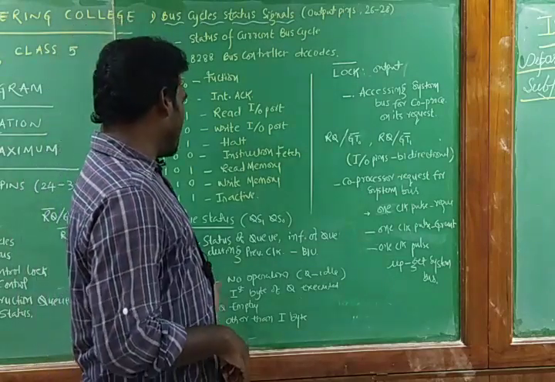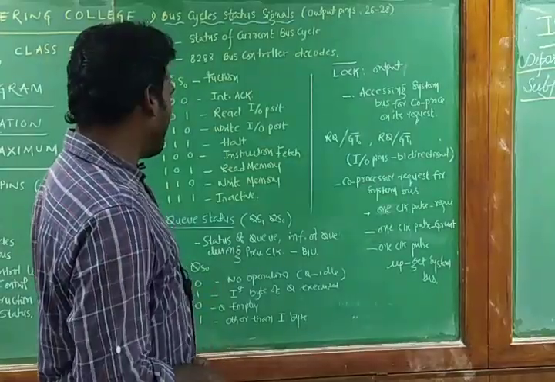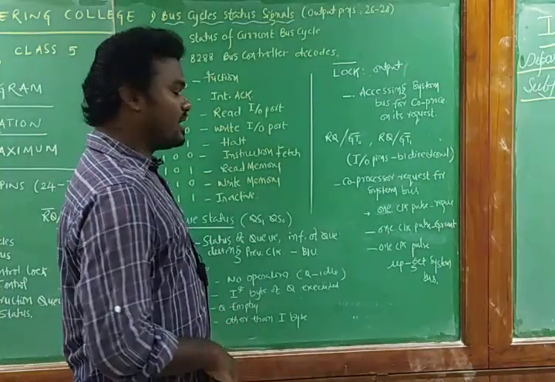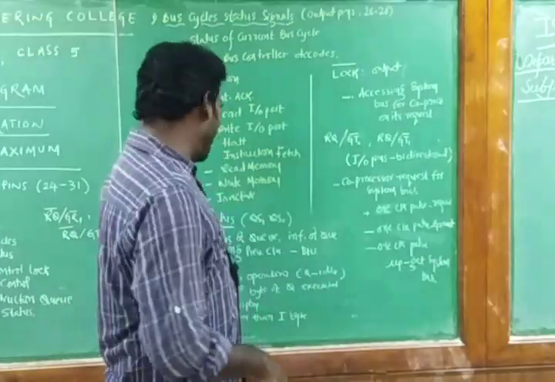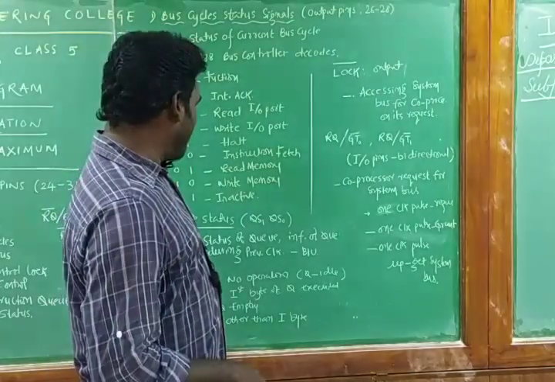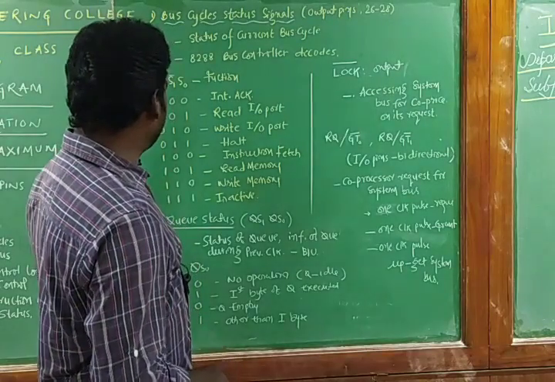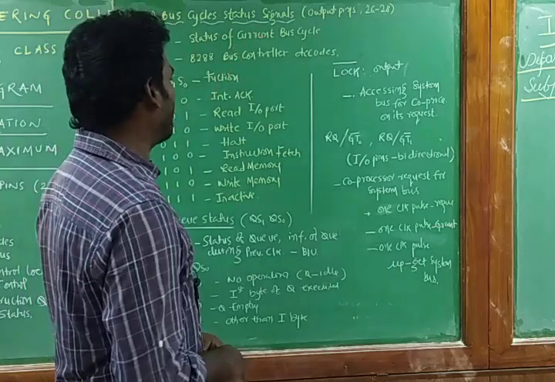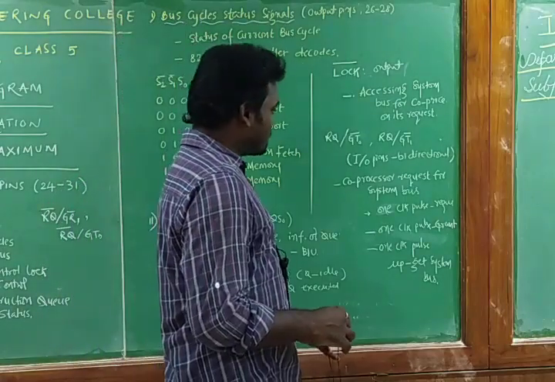During 00 there is no operation, that means the queue will be idle. For 01, the first byte of the queue will be executed by the processor. For 10, the queue will be empty. And the last combination, 11, means that other than the first byte, which was already executed in combination 01, the subsequent bytes of the queue will be executed by the processor. The signals in the maximum mode of operation are now completed: bus cycle status signals, which are 3 signals, and Q status signals, which are 2 signals, total 5.